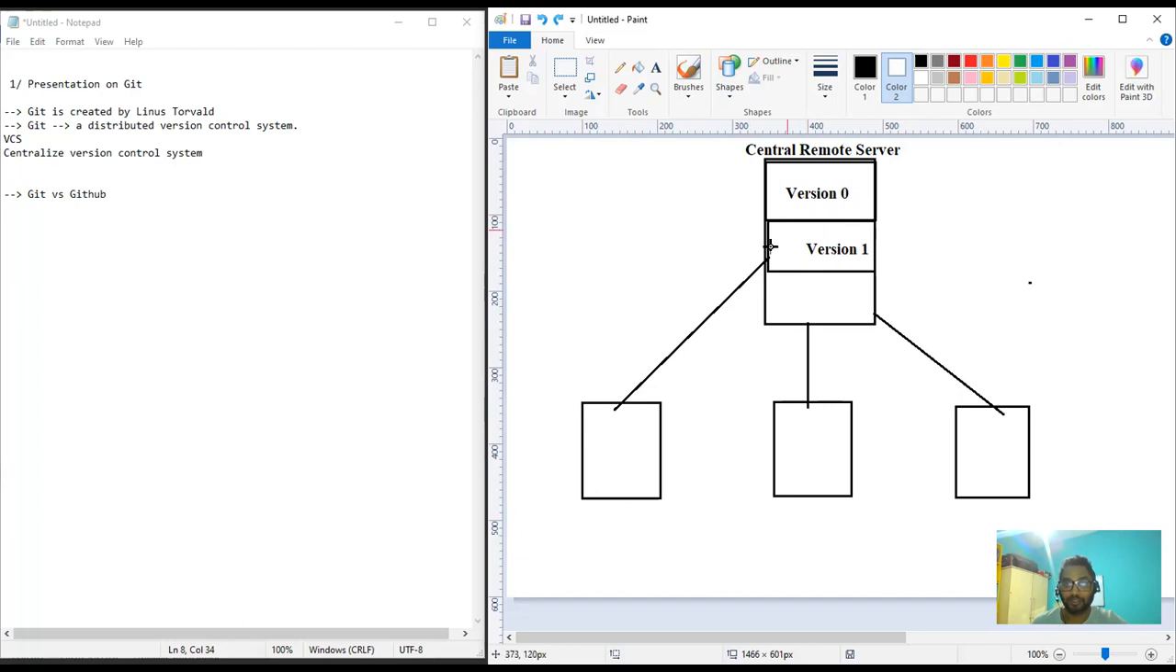So it is not a good idea to have a central VCS, version control system, like a central remote server that different people can access. That's why we created the distributed version control system, which was created by Ernest Towal. With the distributed version control system, instead of accessing the same server,